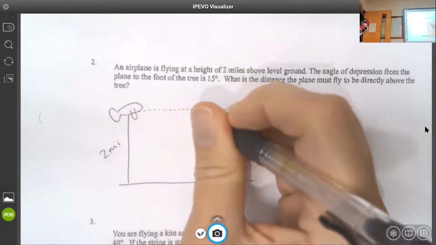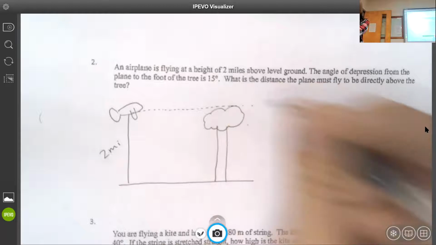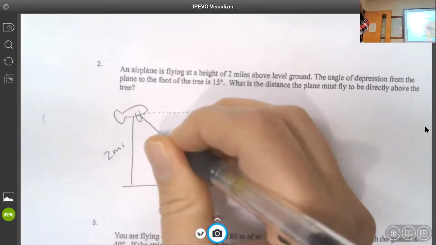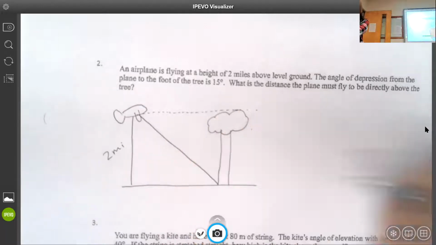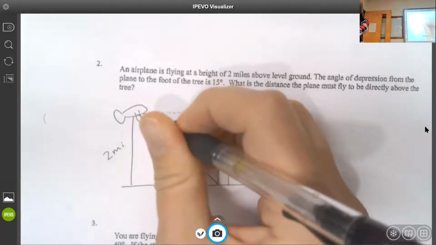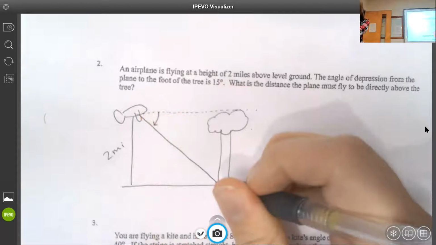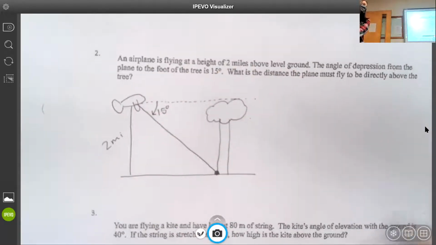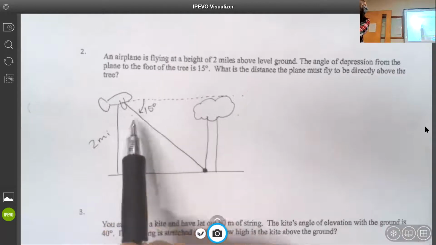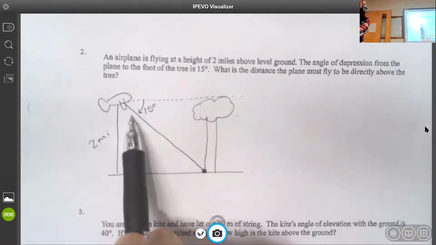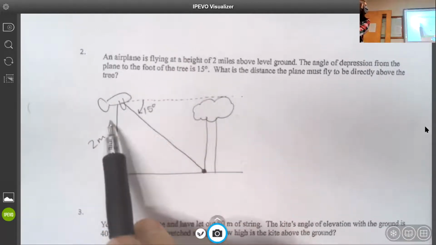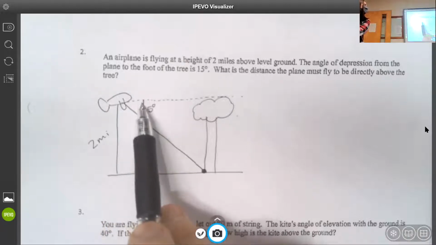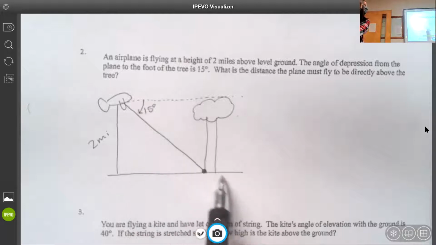So the airplane. You always have to think about this horizontal line of sight. Angle of depression from the plane to the foot of the tree, from this horizontal line to the foot of the tree, is 15 degrees. Obviously, I drew a little bit more than 15 degrees. That's okay. It's just a picture. So let's reread. An airplane, height of 2 miles above the ground, has an angle of depression to the tree